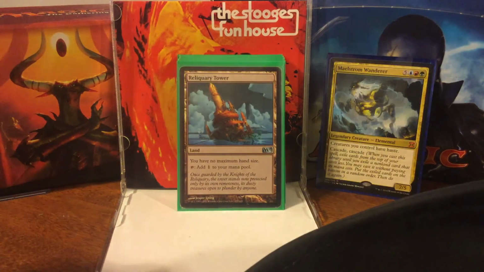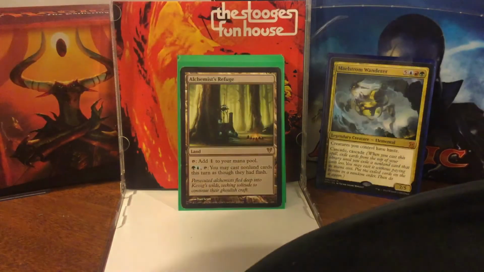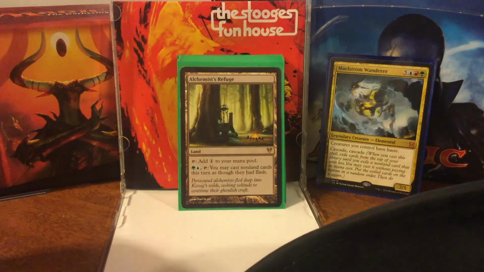And then we have Reliquary Tower. And it's a land that says you have no maximum hand size and you tap it to add a colorless mana to your mana pool. Very important in any deck that's running a Consecrated Sphinx or a Rhystic Study. And then we have Alchemist's Refuge, and it's a land that taps to add colorless, or you can